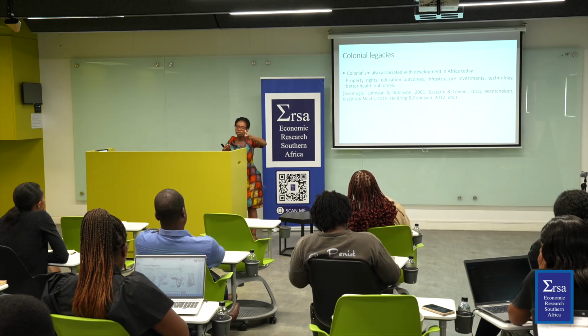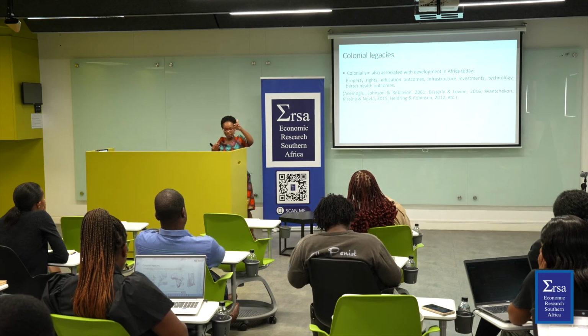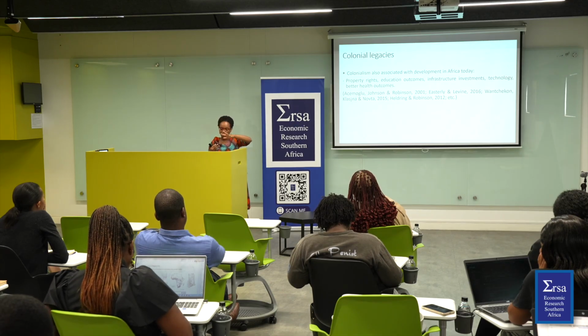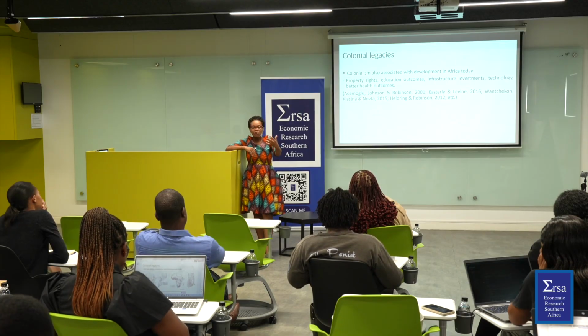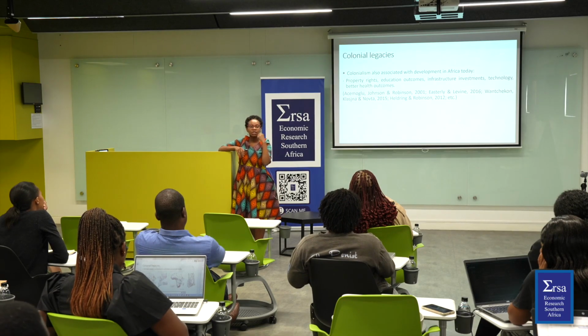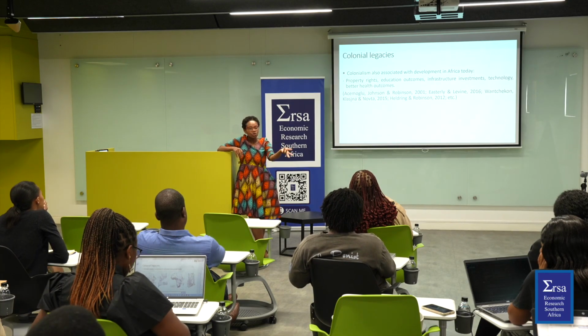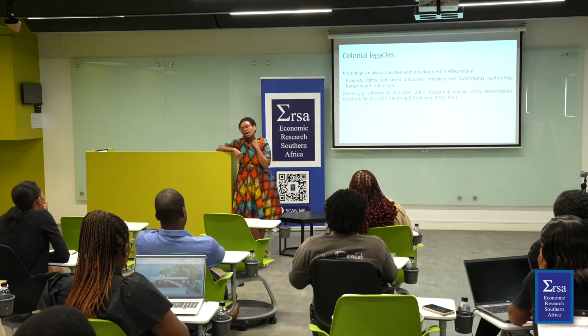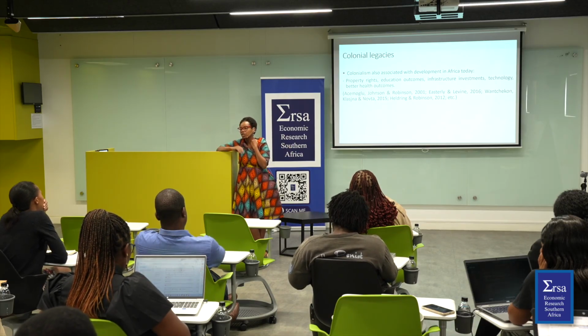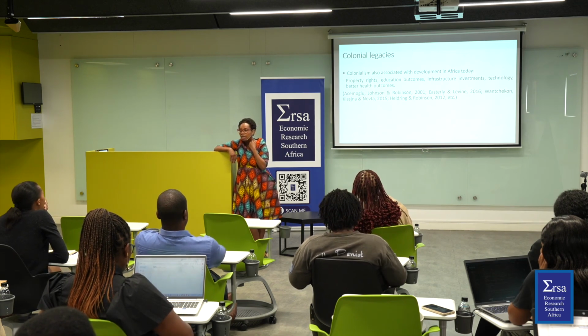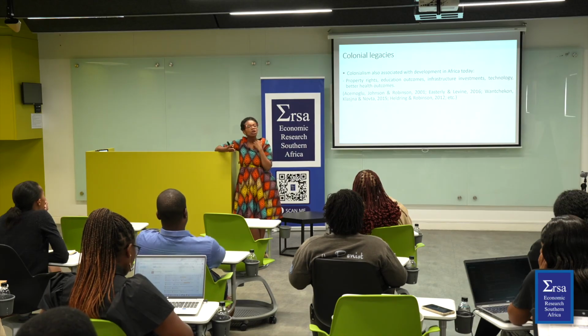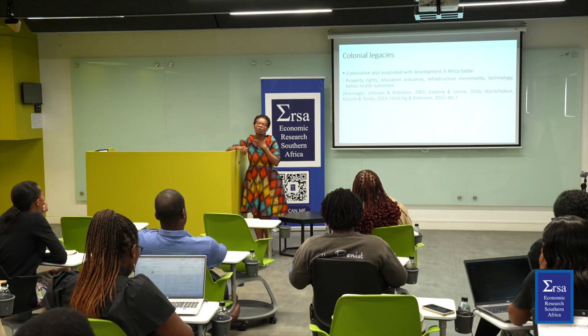Because the financial systems that they also put in place were based on a Western model, right, of private ownership and collateral based. So if you want collateral, you've got your title deed, it's your land, you can go, and the banks will give you the loan. You go to the banks today and you say it's communal land, do they give you the loan? No, they don't give you the loan, because they don't